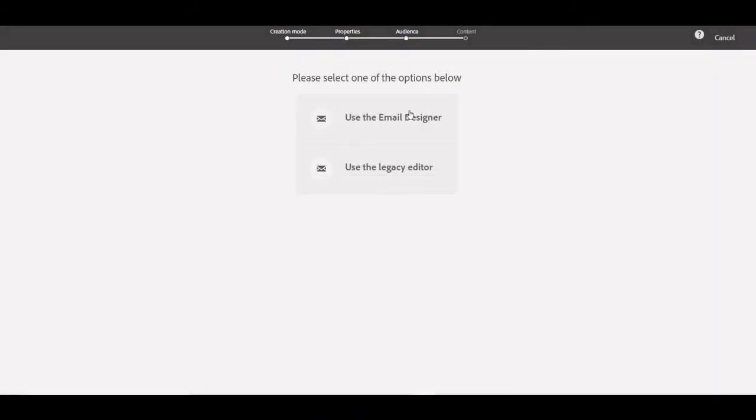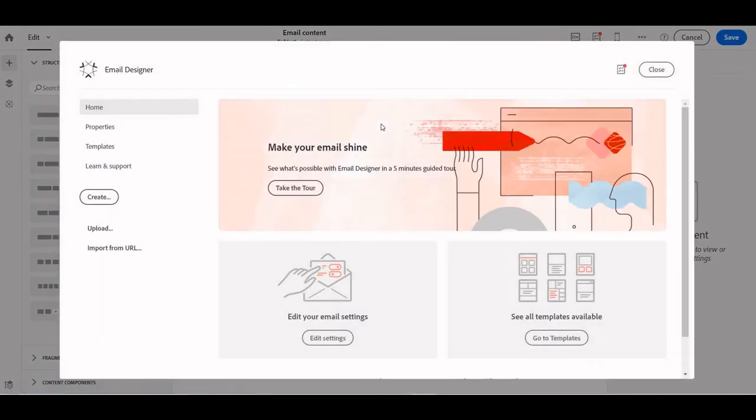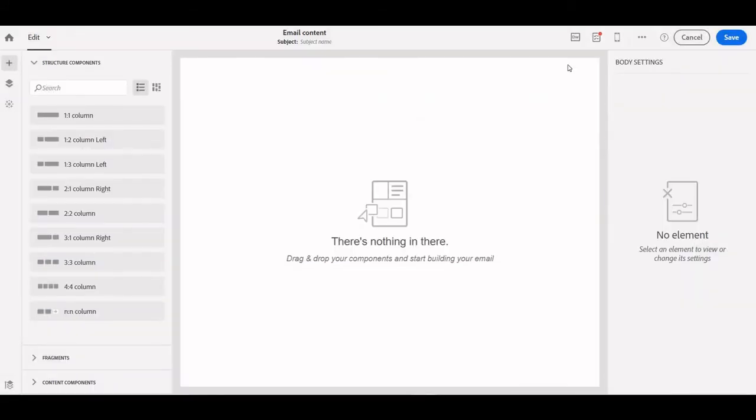It will ask if you want to use the email designer or the legacy editor. Just select the email designer. In the next video we'll cover how we can design the email. So let's close it.